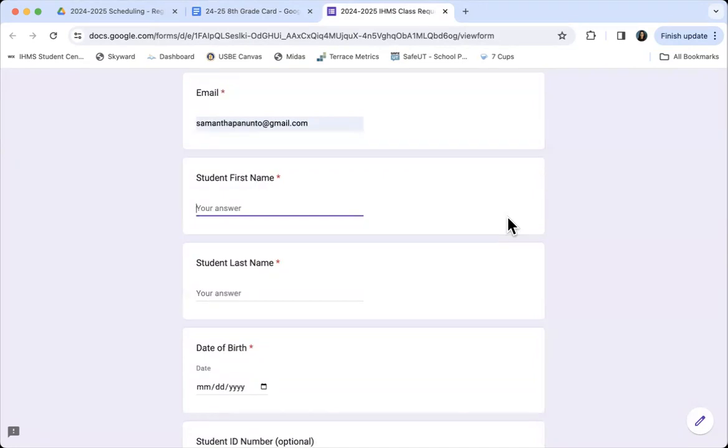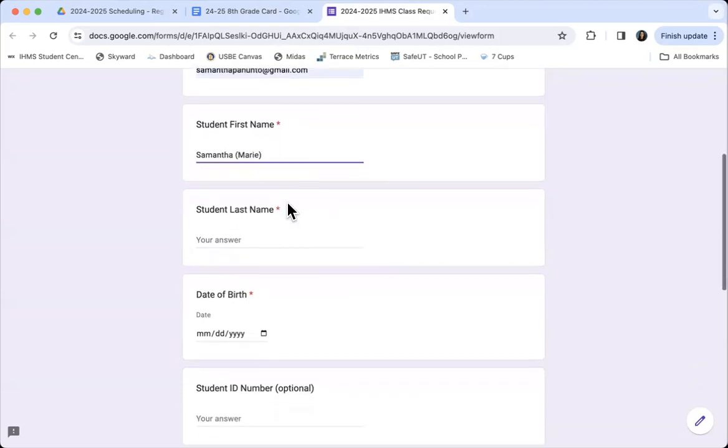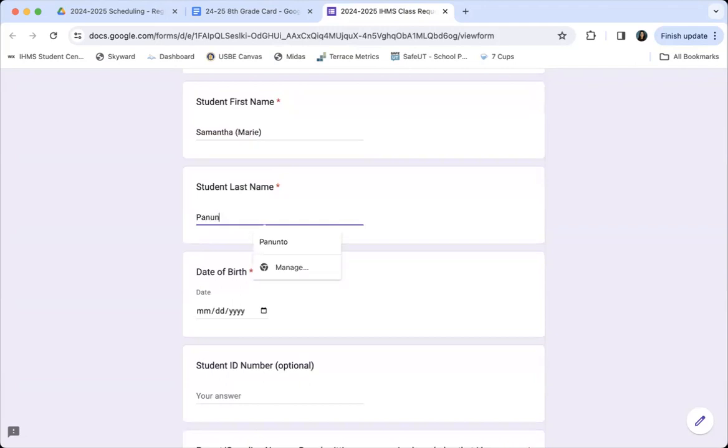Next, put in your first name and your last name. Now, friends, if you go by something different than what is in Skyward, that is totally okay, and we always support you in that. However, we need to be able to find you, okay? We need to be able to find you in Skyward so we can put in your requests. If we can't find you, oh my gosh, it's not great. So, for example, if my name in Skyward is Samantha, but I go by maybe my middle name or a preferred name, that's totally okay. You can include that too. Just make sure whatever's in Skyward is included in your Google form so we can find you. And then your last name,